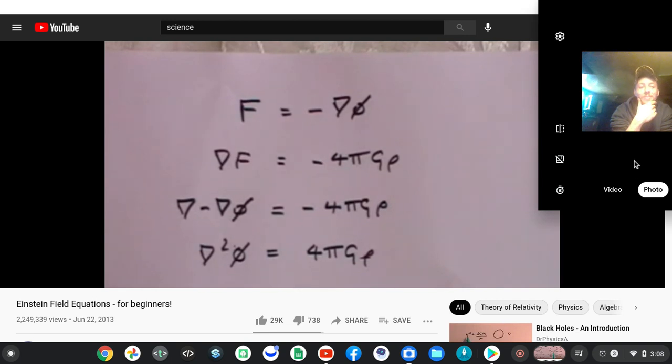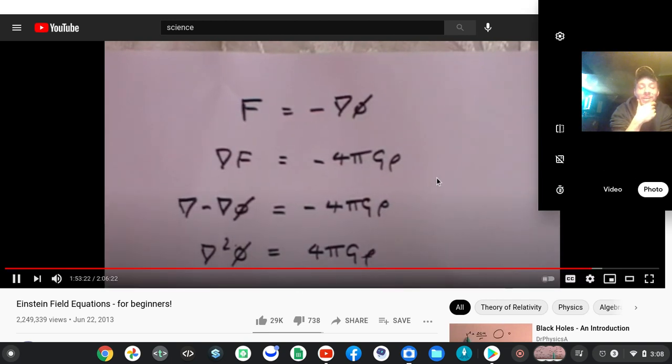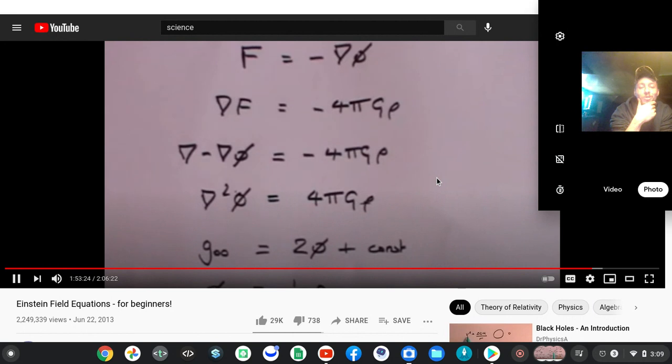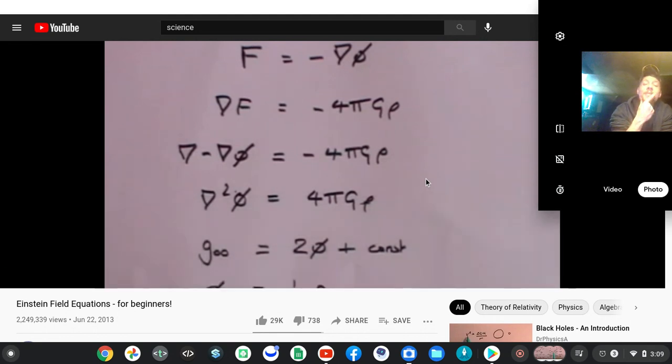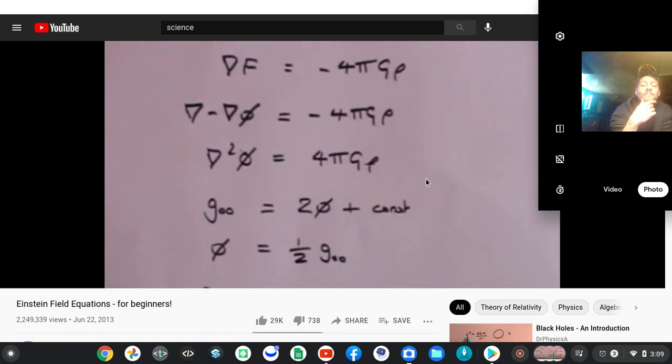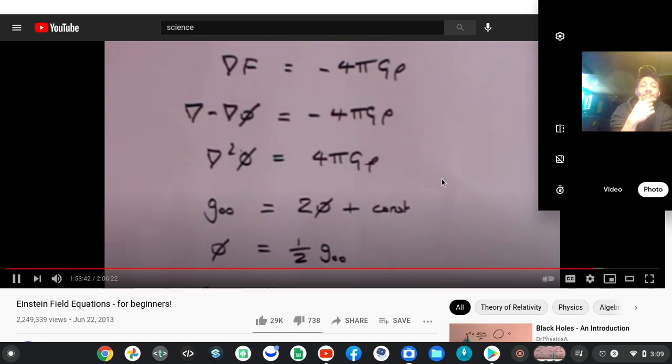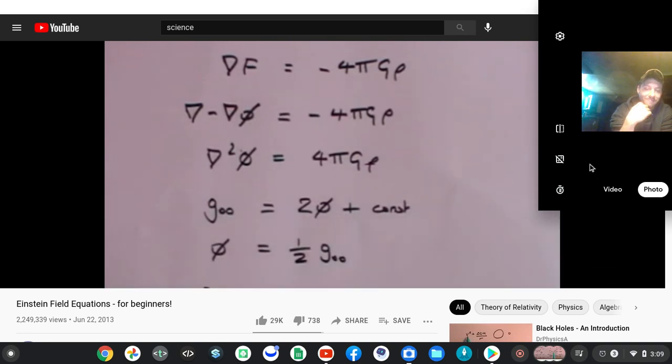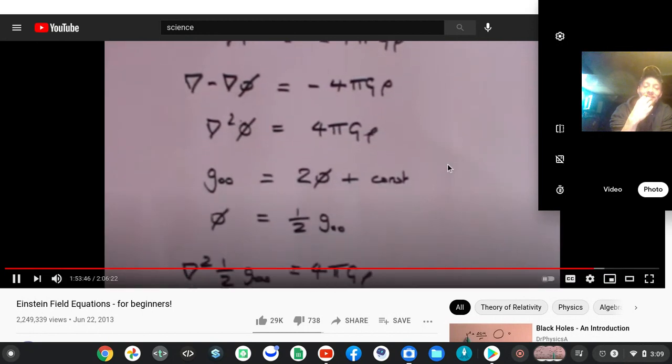Both sides, the minuses cancel. Earlier we showed that the time component of the metric tensor, g00, equals twice the potential plus a constant, which means that the potential is half the metric tensor. I've dropped the constant, but you'll see there's no problem doing so,